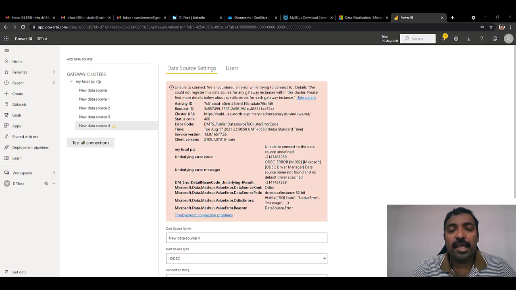So here the same issue is happening, but on the opposite side. Power BI service is a 64-bit based service. Here we are using a 32-bit based DSN which we used locally and are trying to deploy the report, and because of the architecture mismatch between the Power BI service and our 32-bit application, it is throwing this error. So now what is the solution?